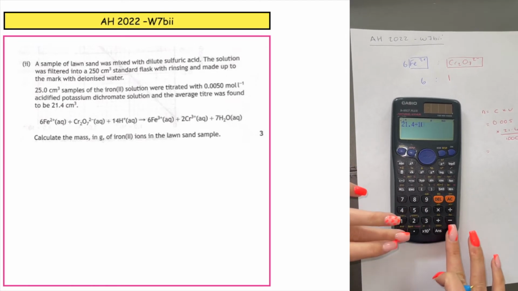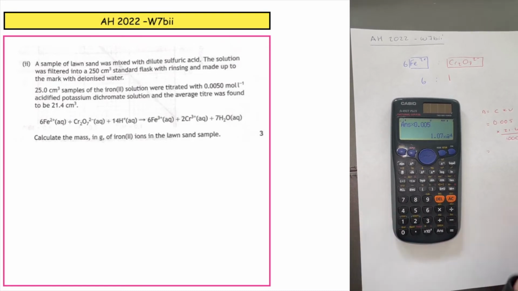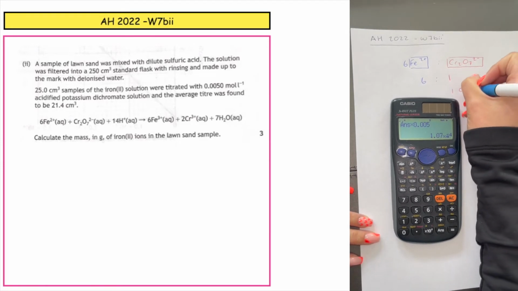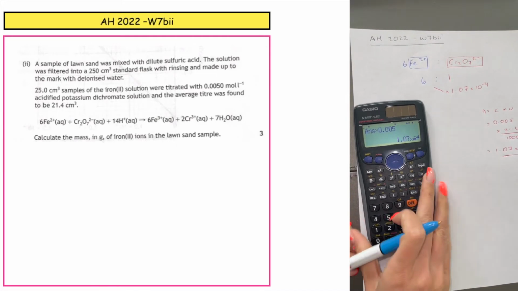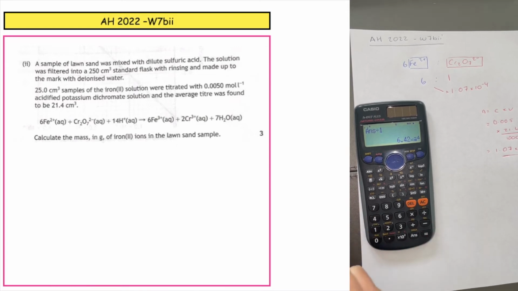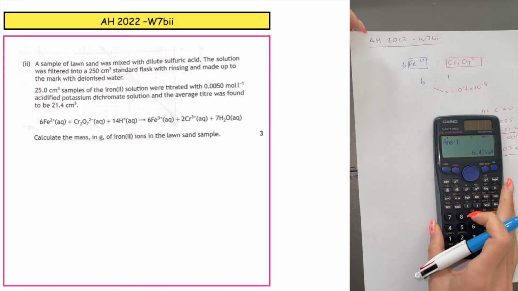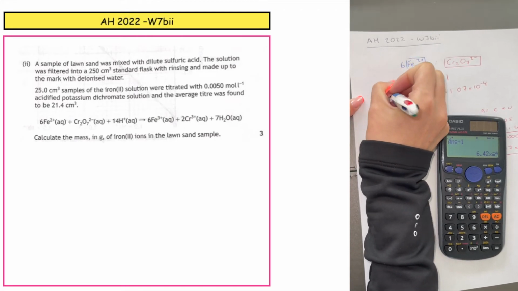21.4 divided by 1,000 times 0.005 gives me the actual number of moles of reactant dichromate as 1.07 times 10 to the minus 4. I want to put that in as my scalar, 1.07 times 10 to the minus 4, and then we're going to cross multiply. So I need to times by 6, answer divided by 1, and that will allow me to scale for the number of reactant iron 2 ions, which is 6.42 times 10 to the